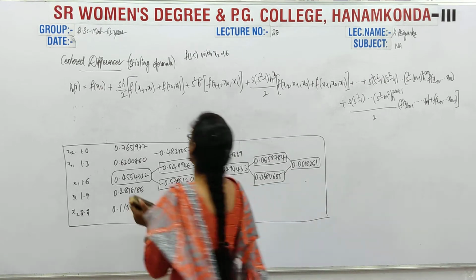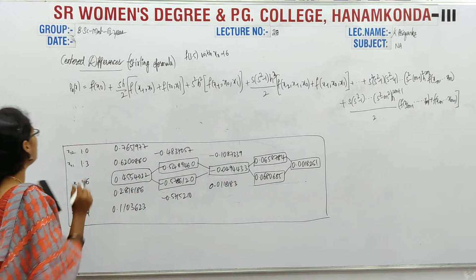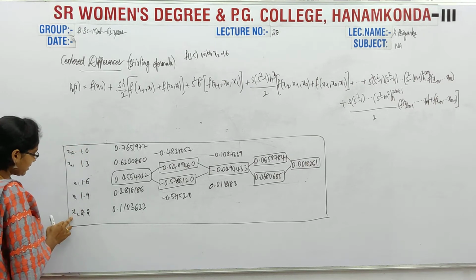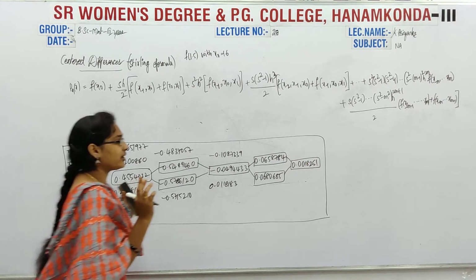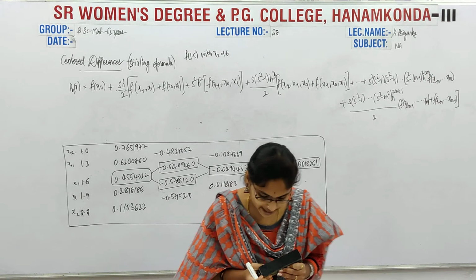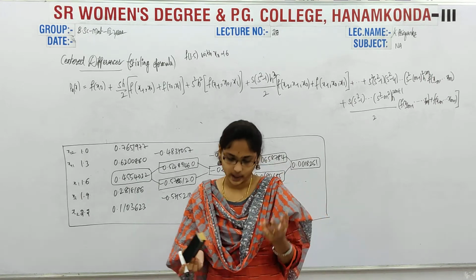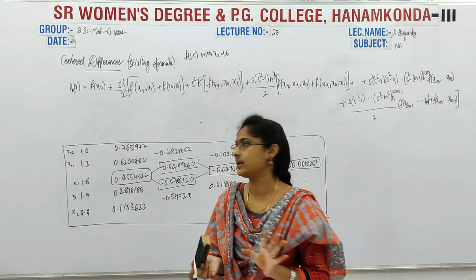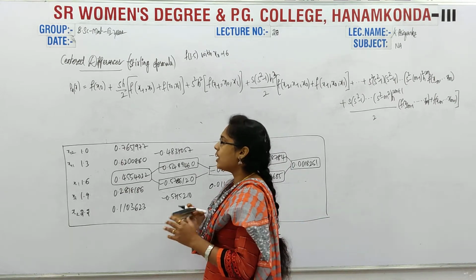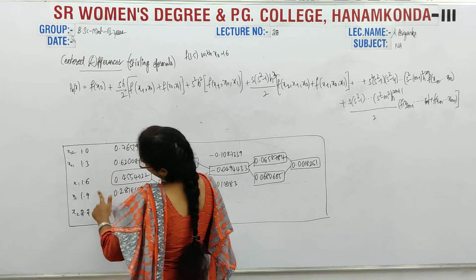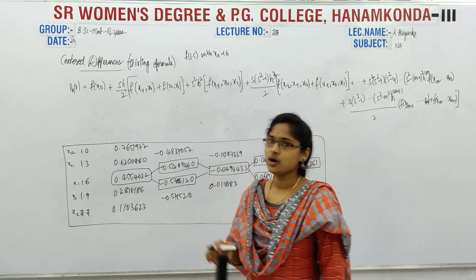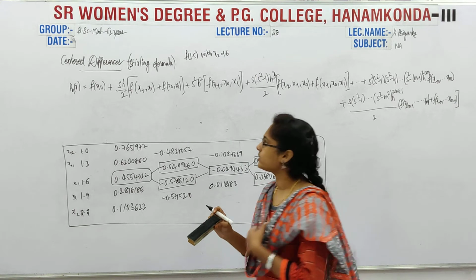Okay, so this is the table, beside the consideration table. Now, Pn of x. So Pn of x means what is the n value here? I said n is equal to 2m plus 1, or n is equal to 2m, then it is nothing but even. So generally here, x0, x1, x2, x3, x4. So what is the n value? 4. So it is nothing but even. Okay, so now here